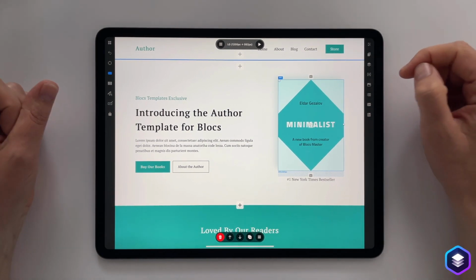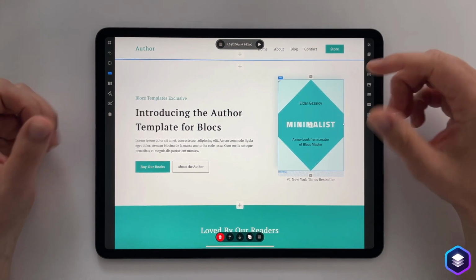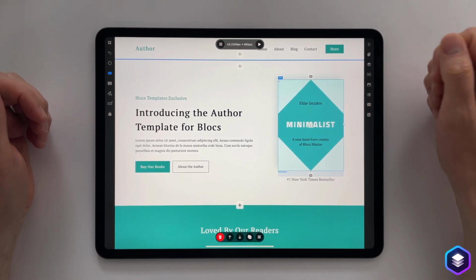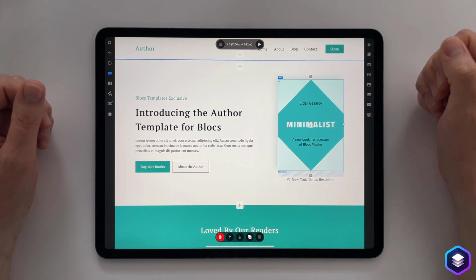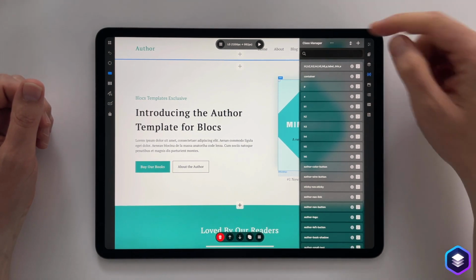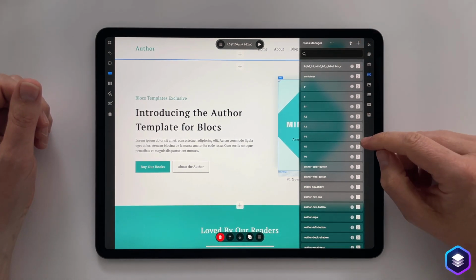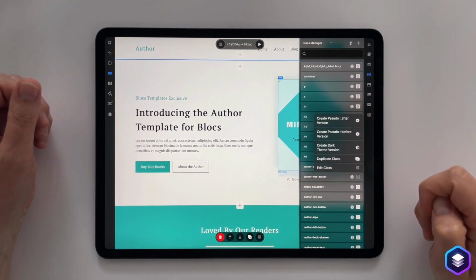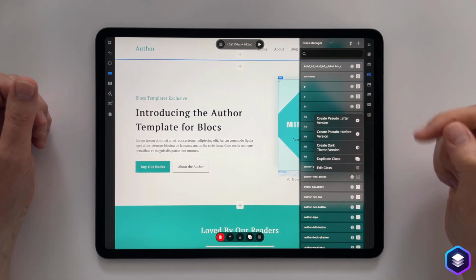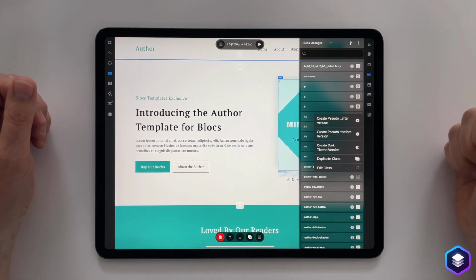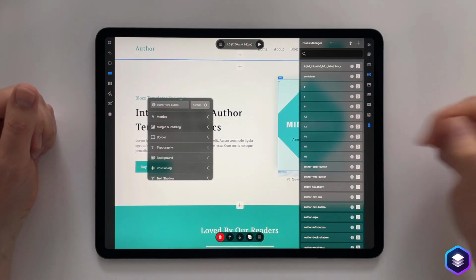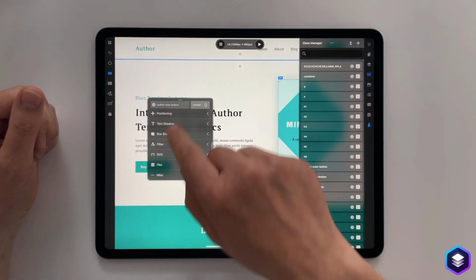Next, I'm going to talk about the Class Manager. So classes are a huge part of building websites with Blocks. There's absolutely no doubt you're not getting the most out of Blocks unless you're using classes. The Class Manager is here as you would expect it to be. We can reorder classes, and if I just touch one of these little settings buttons, I can see I can edit a class, duplicate a class, create a dark theme, and also quickly create the pseudo ones. If I click edit class, you see our class editor. Everything's here from the Mac. Every control.